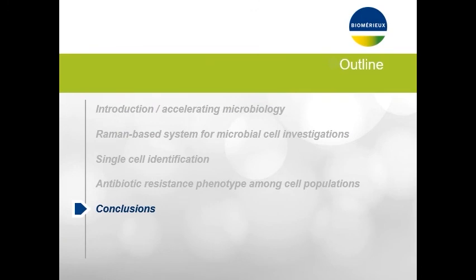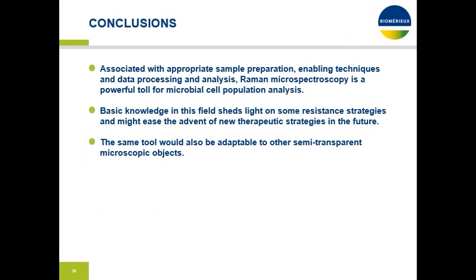So our conclusion, our take-home messages. First, I would like to make very clear that Raman microspectroscopy brings information, but has to be coupled to a number of other system bricks in order to provide relevant information. I'm talking about sample preparation, mapping, data treatment and analysis. The second thing is that this kind of tool that is able to provide information about individuals and in large populations is something quite new and may bring new knowledge about the dynamics and about the heterogeneity of cell populations that were considered up to now to be clonal, genetically almost clonal,